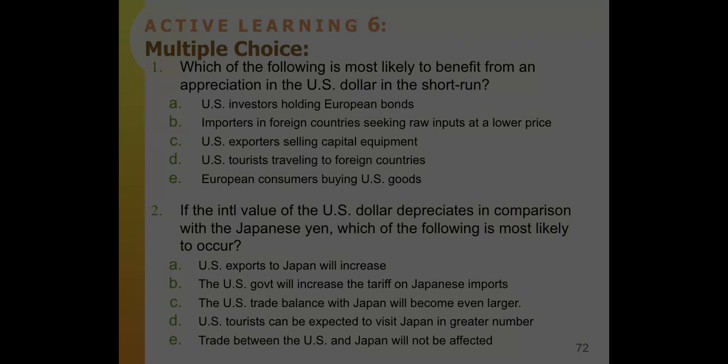All right, answers. Question number 1. Which of the following is most likely to benefit from an appreciation of the US dollar in the short run? You should have answered D, US tourists traveling to